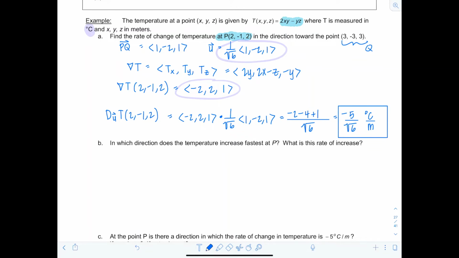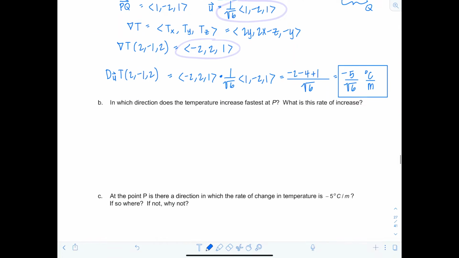Very good. Okay, moving on. In which direction does the temperature increase the fastest at P? Well, as we looked at before, the directional derivative achieves its max value when u, your unit vector, is parallel in the exact same direction to the gradient vector. So it increases the fastest